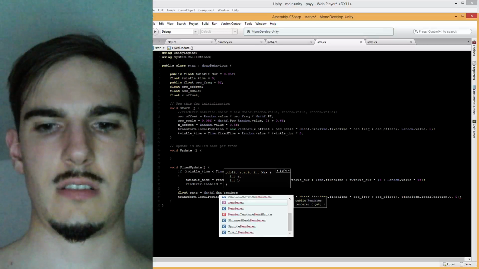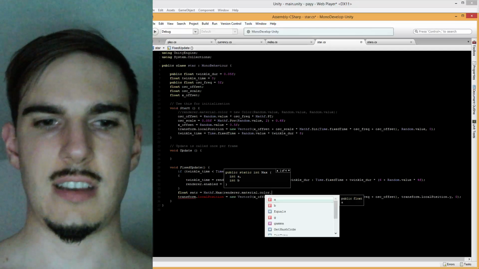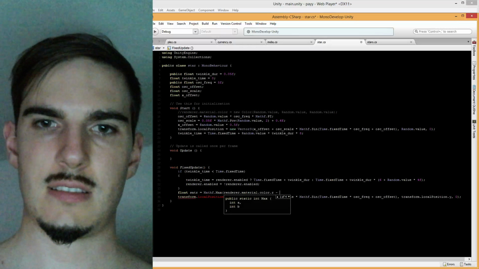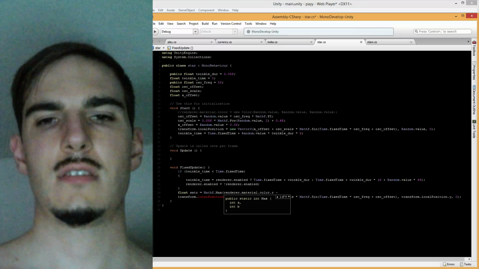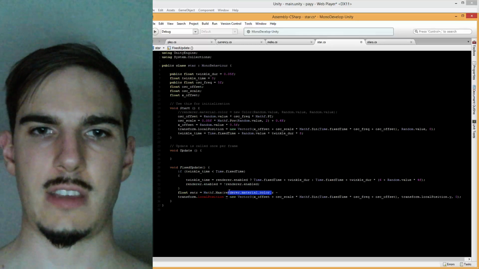Render.material.color.r minus g, absolute value. So the Mathf.Abs of